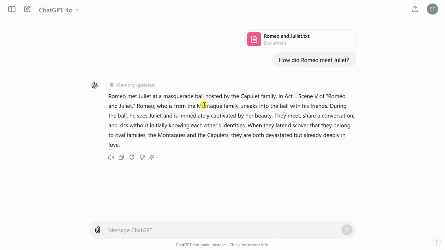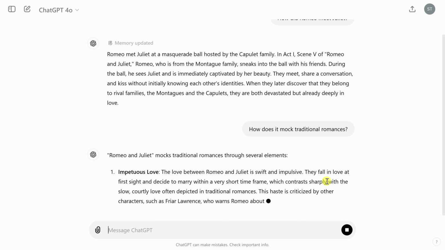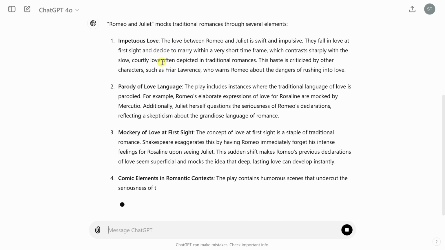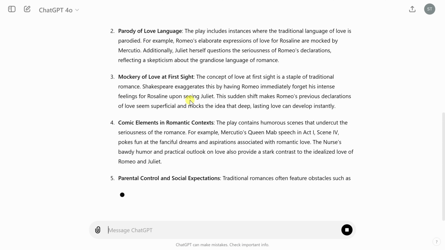You could ask all sorts of questions about that text. And it's not just limited to simple questions like, how did Romeo meet Juliet? But here, for example, I could also ask a question like, how does it mock traditional romances? And here I could send that through. This is the type of question you might get on, say, an advanced placement test. And here it'll go through and it analyzes and gives me a very thorough response on how it mocks traditional